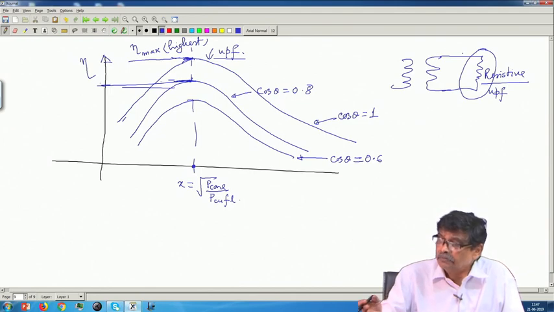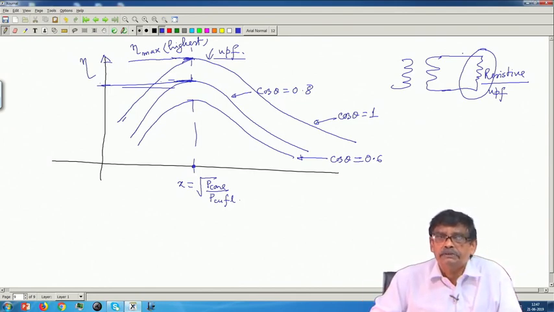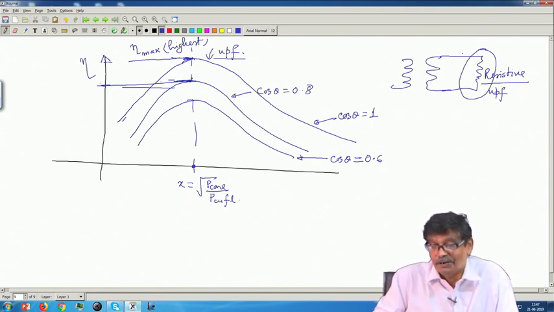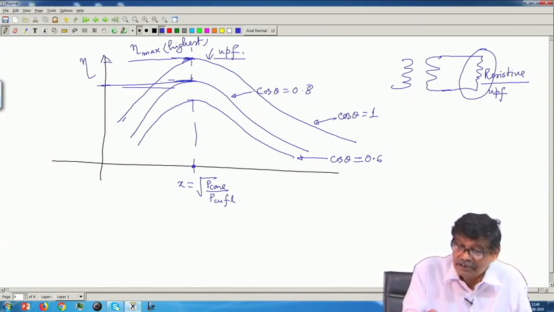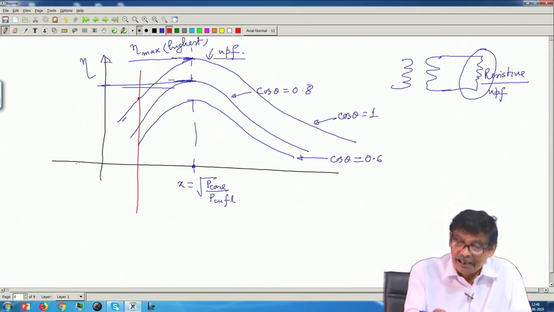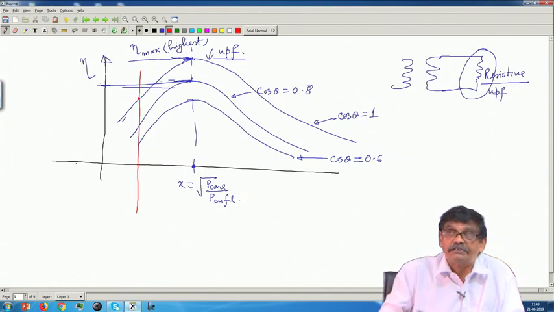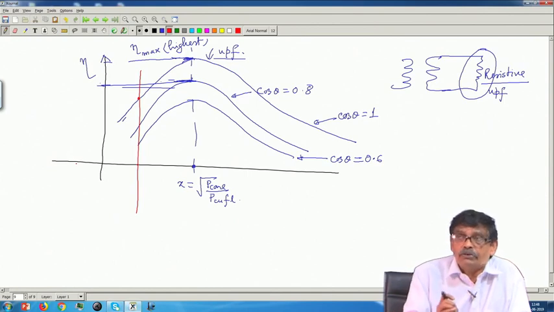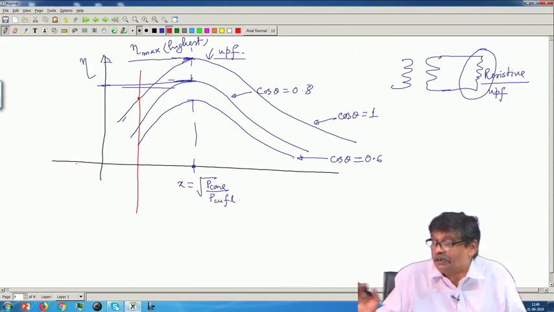Therefore, although a resistive load will be a desirable load to be connected across the secondary of a transformer to always have the highest efficiency for any kVA, mind you, if you are operating the transformer at a fixed kVA, then you see efficiency will be maximum among these maxima, among the available efficiencies at different power factors. That is a very good thing. So, it is an important point to be noted. Nothing is better than unity power factor load.